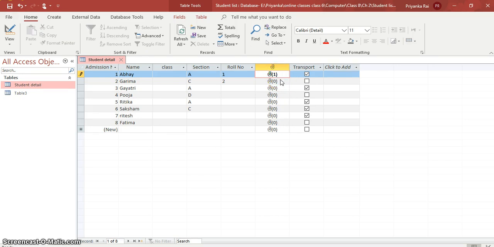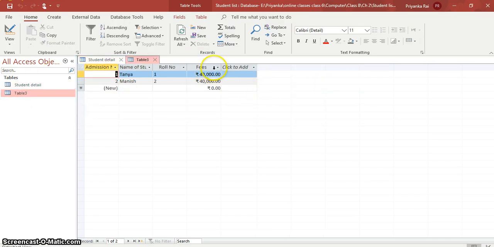So these were the description of a few of the fields. Okay, I haven't explained currency also. So in this table I have added a column fees, and here I have made, this is fees, so it will be currency only. So I can choose the symbol rupee, dollar, anything, and it will appear like that.